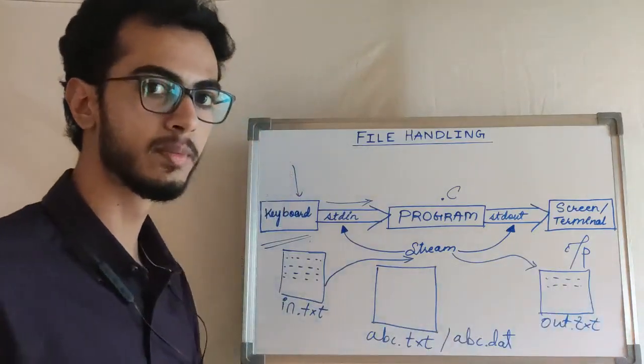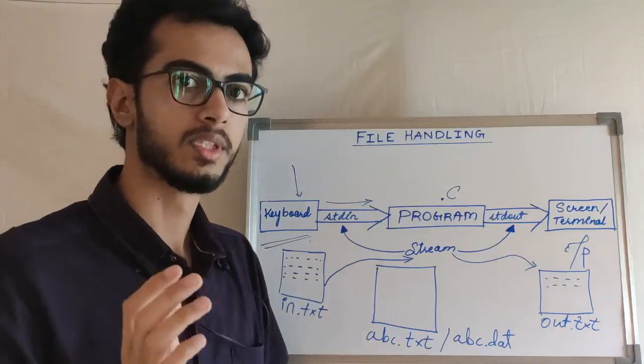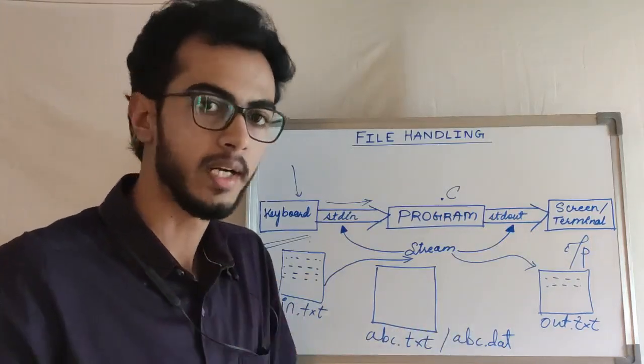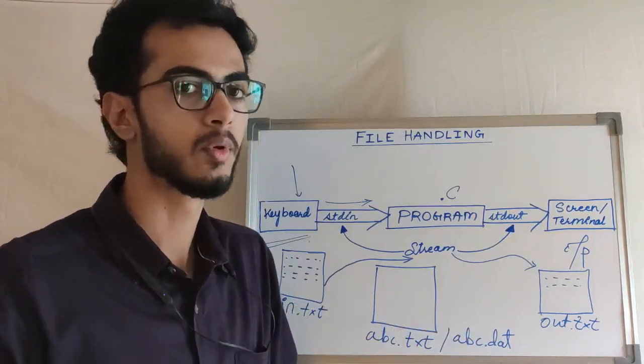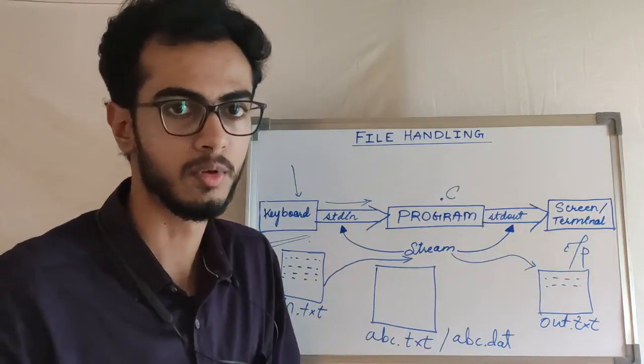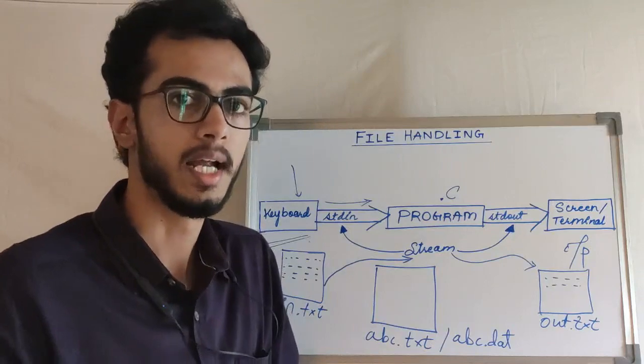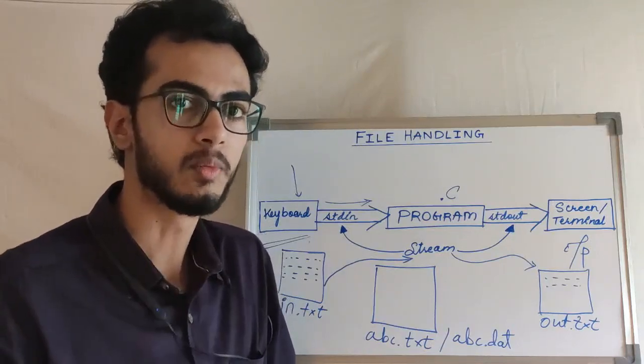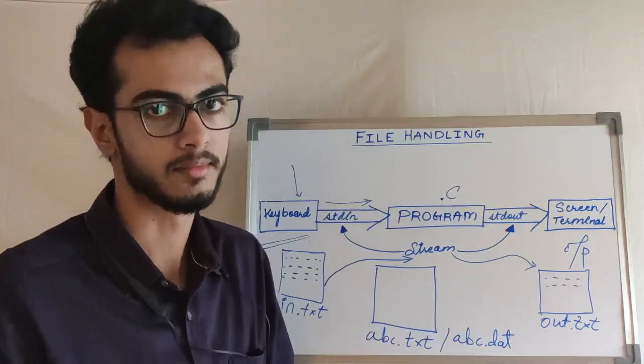So this is the idea behind using files. Files are used basically to abstract your input values into one file and provide it to your program, and whatever the program does on those numbers, it saves somewhere, so that you can refer to that output file anytime when you require.